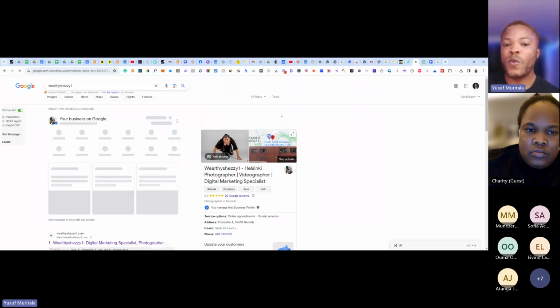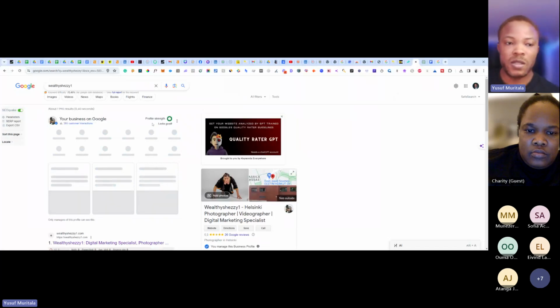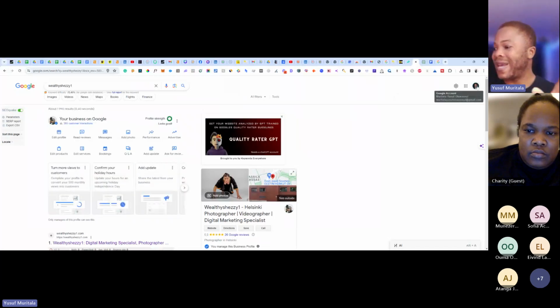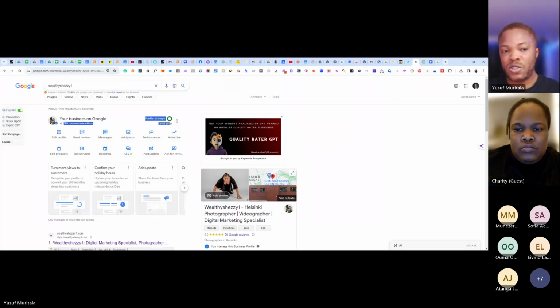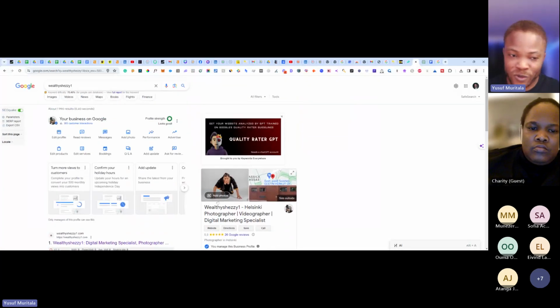So now this is what you will have when you are logged in with the Gmail account that you used to create the page. You can see it shows the profile strength. It shows that the profile strength is good, because I've put in a little bit more effort here to get it done.